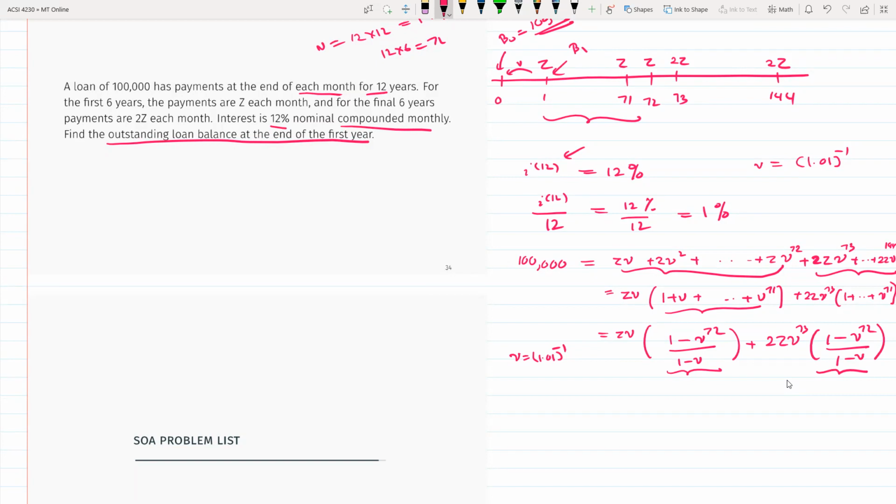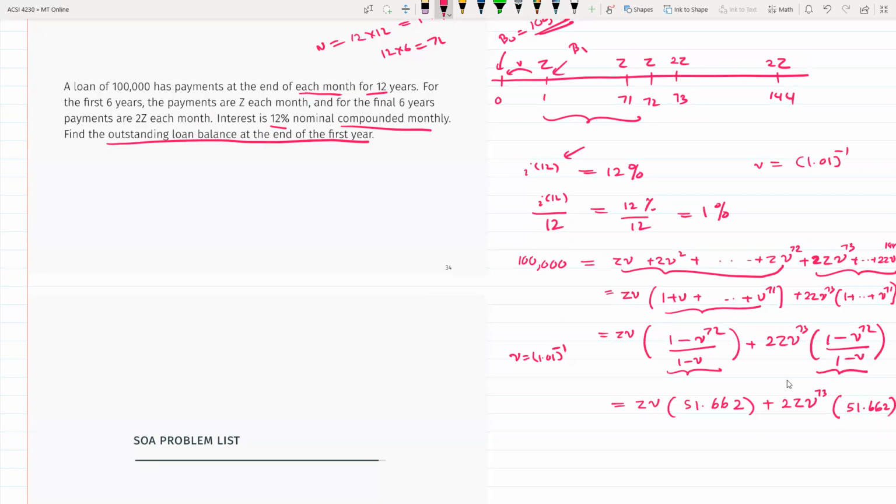So I get 51.66. Let me leave it. So this would be ZV times 51.66, and this one is 2Z V73 times